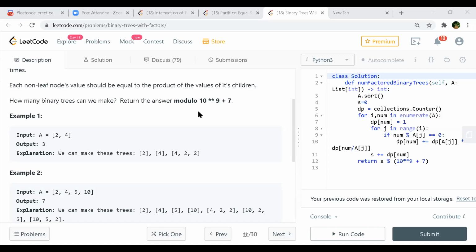Also, whatever the number of inputs are, each of them can be a single subtree itself with zero leaves. Correct. They are saying the root should be a product of the leaves, but usually we can consider it a tree.